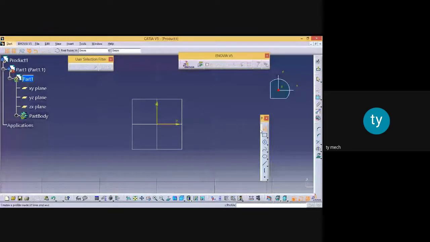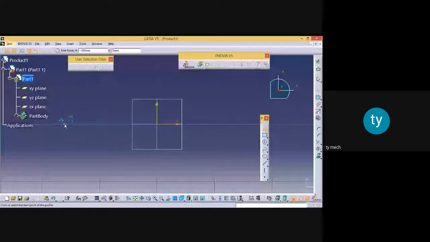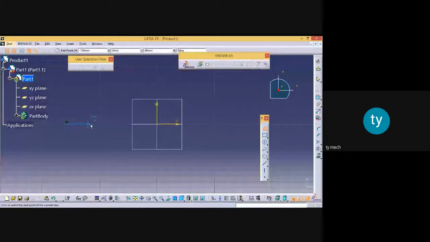I am repeating each and every menu 3 times, please listen. Line, then line, then line, then left click and hold. In this way, you can draw a circle here.